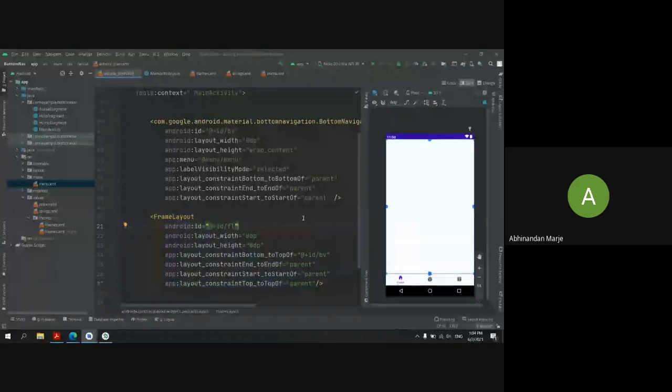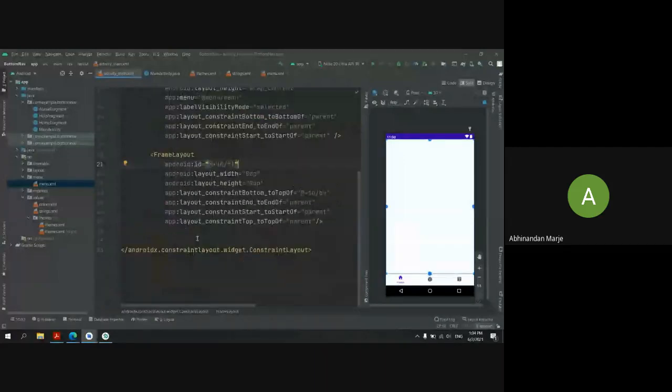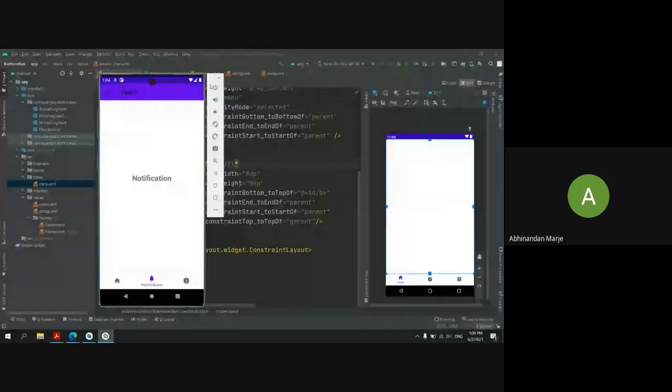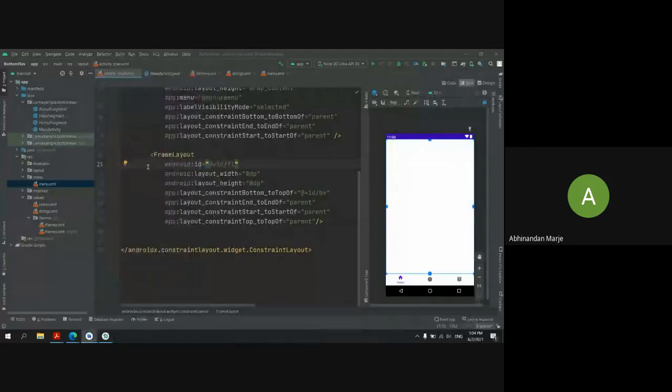Before adding the custom app bar, to show this type of layout, we need a drawer layout, not a constraint layout. But for our frame layout and our bottom navigation, we need a constraint layout, right? So we can't delete the constraint layout from here and just add the drawer layout.